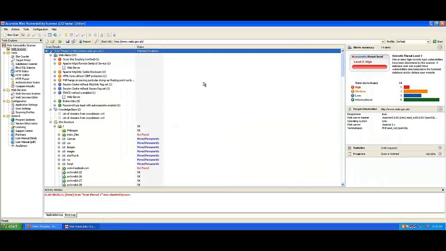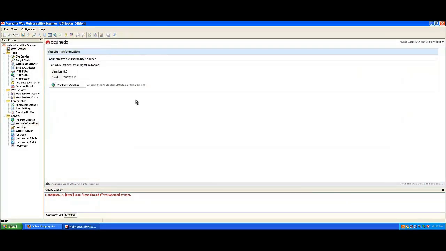So this is about Acunetix. If you want to dig deeper into it, you can check out more tutorials on our website about Acunetix. You can read more tutorials and the documentation. The Acunetix that I'm using is version 8, the latest one. Again, I'm telling you, this is not the free version of the software. You can run it in trial mode, or you can download it from any other channel if you want to use it for free, which I am not suggesting you do.